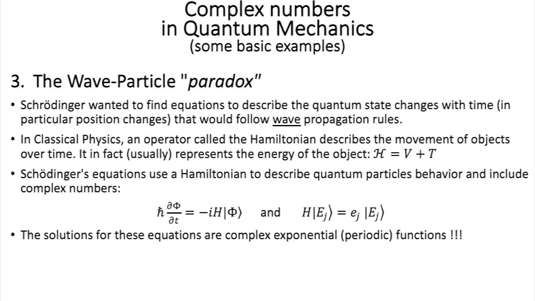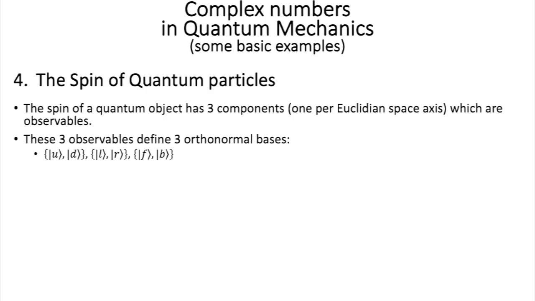Yeah, interesting, right? This one is an interesting example of why we need complex numbers. I found it in one of Leonard Susskind's books, which, by the way, I heartily recommend if you want to know more about quantum physics, basic principles, or physics in general. But anyway, I won't go into the spin definition, which is out of the scope of this video. Let's say it's just another quantum observable property with binary values.